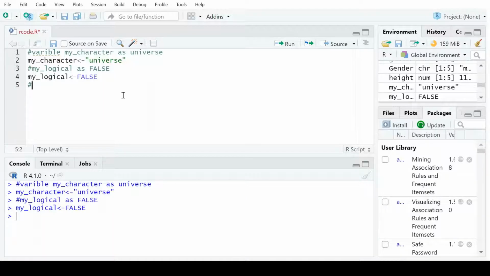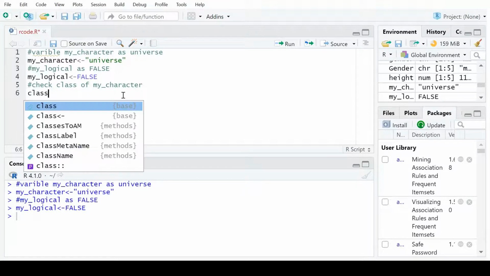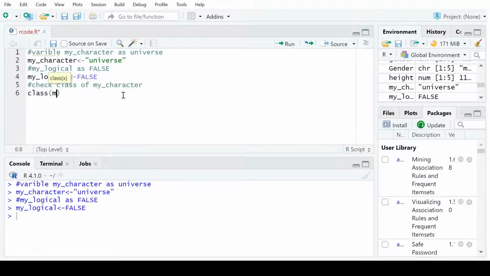Now we need to check the class of a variable, I mean the data type of any variable, and we can do that with the help of the class function. Suppose we want to check the class of my character. We have already created a variable named my character, but we are not sure what its data type is. So we introduce the class function, put my character, and run this command.